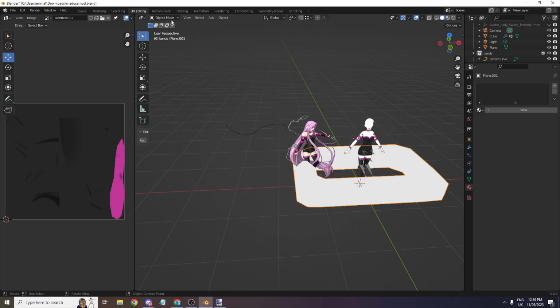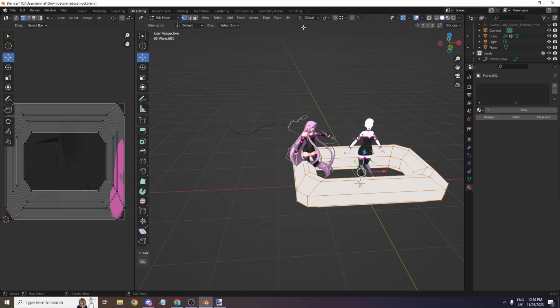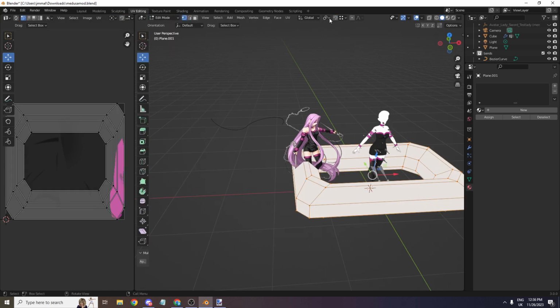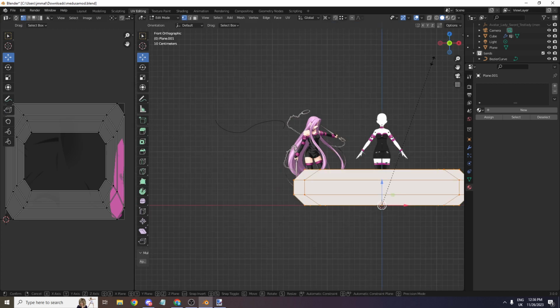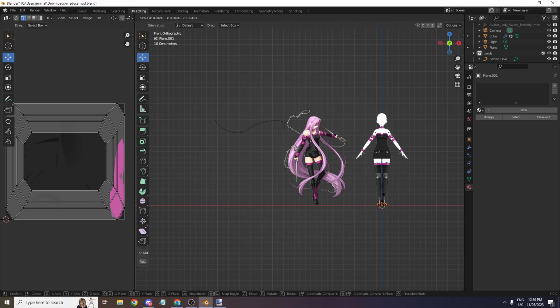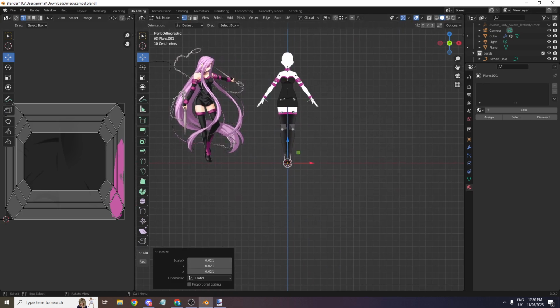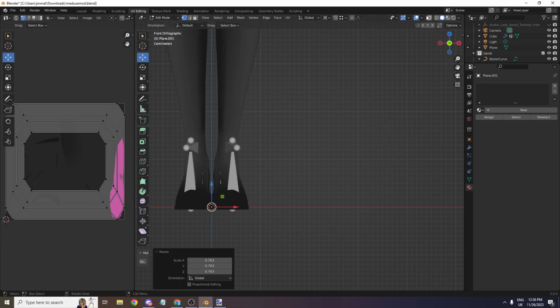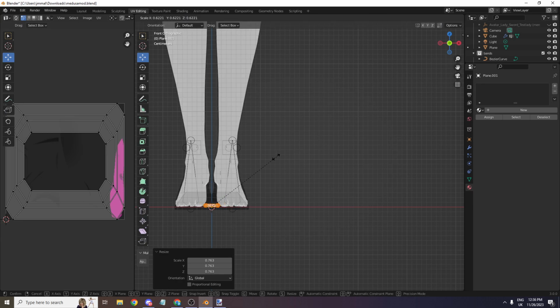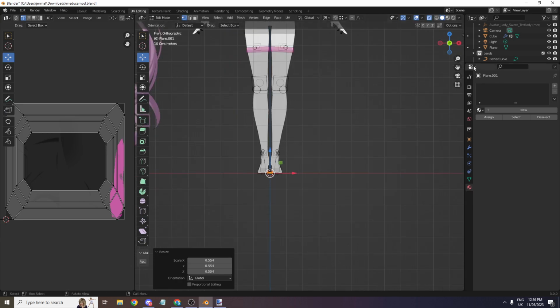Once that's done, you're going to have to shrink it down quite a bit. Make sure that it's around the size you want on your chain. So we're going to shrink it down. Make sure that you shrink it along the 3D cursor, because otherwise it's going to look wrong. Once that's done, so around this size, let's say,